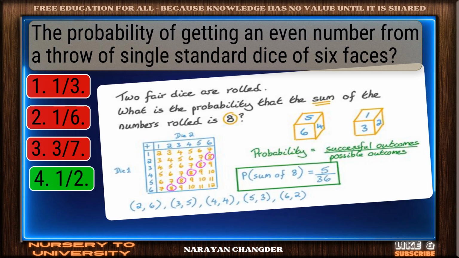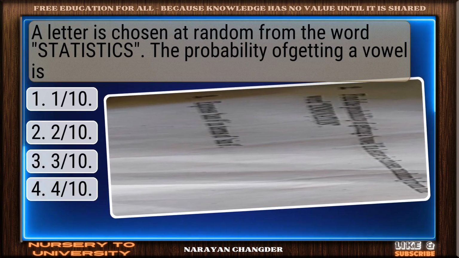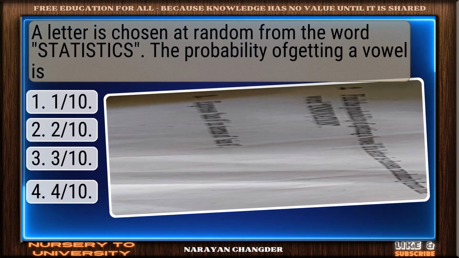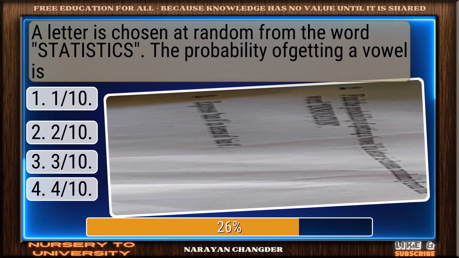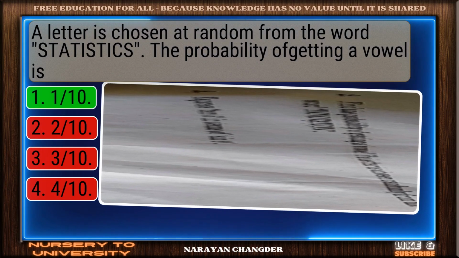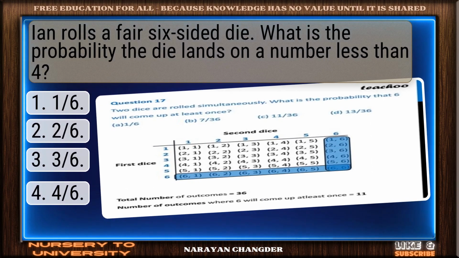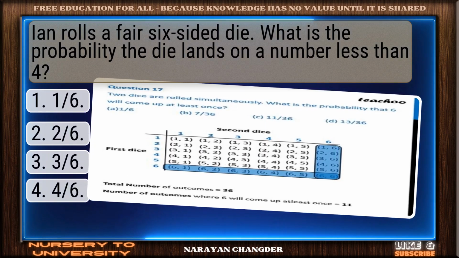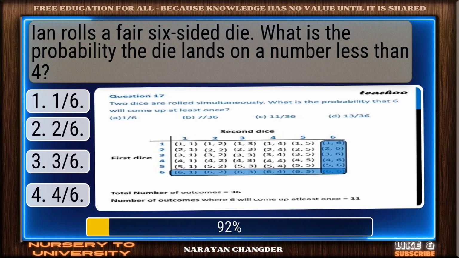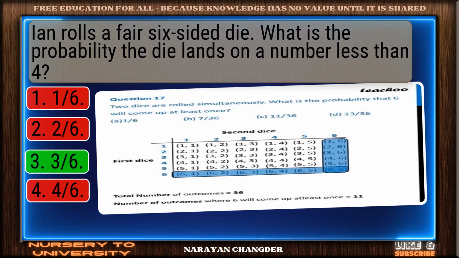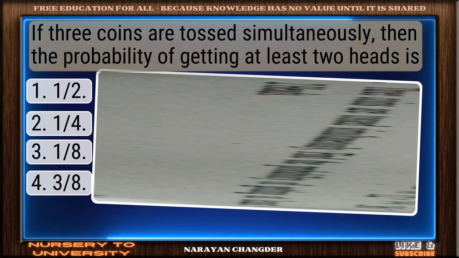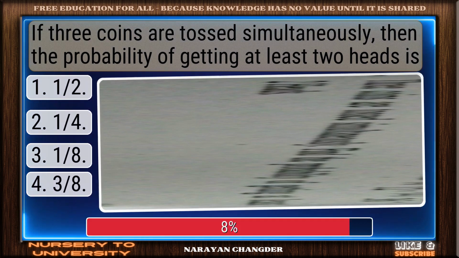Well reasoned. 1/2 is correct. A letter is chosen at random from the word statistics. The probability of getting a vowel is? Nice selection. 3/10 is correct. Ian rolls a fair 6-sided die. What is the probability the die lands on a number less than 4? 3/6 is accurate. If 3 coins are tossed simultaneously, then the probability of getting at least 2 heads is